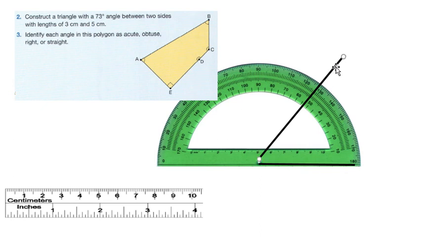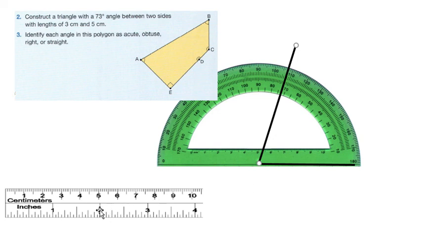It's asking for a 73-degree angle. Because we're starting from this side on 0, we're going to use the inner scale. So the inner scale, if I put the corner right on the corner, right now it's at about a 50-degree angle. I don't want a 50 degree, I want 73. So there's 60, there's 70, and this is 75, so 73 is right there. So I have a